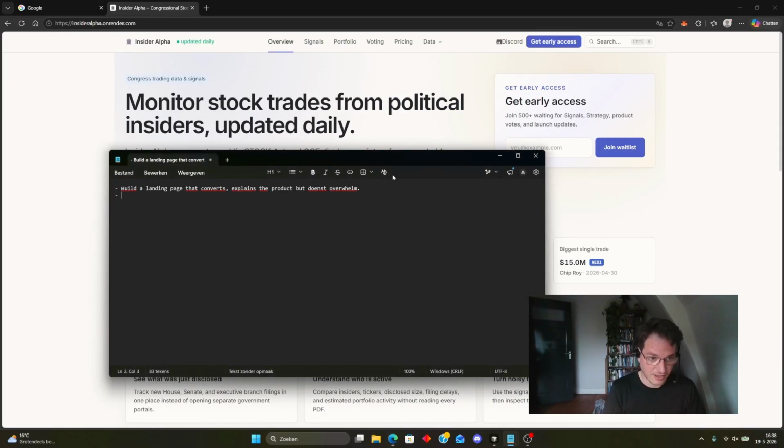So refactor, rethink the Discord in the menu bar and make it either look better or find a better place for it. Maybe the footer